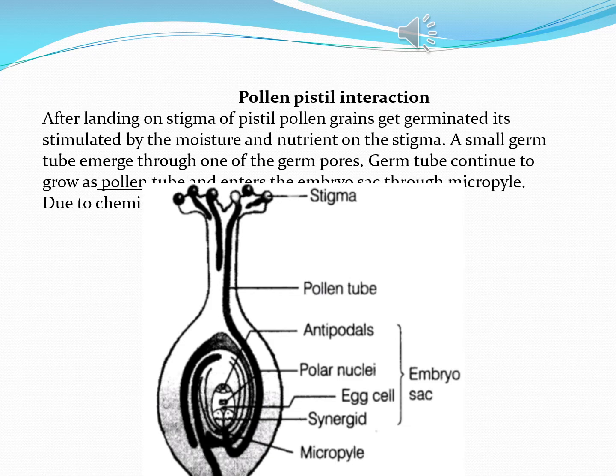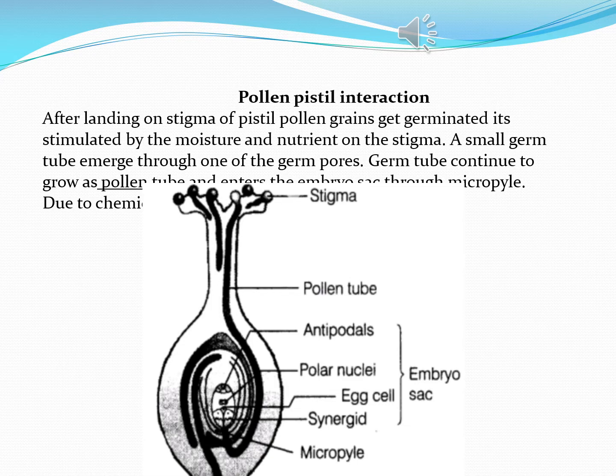After landing on the stigma surface of the pistil, the pollen grains get germinated, stimulated by the moisture and nutrients on the stigma. Whatever moisture content and nutrients are present on the stigma will stimulate the pollen grains to germinate. Pollen grains here will produce a small germ tube,